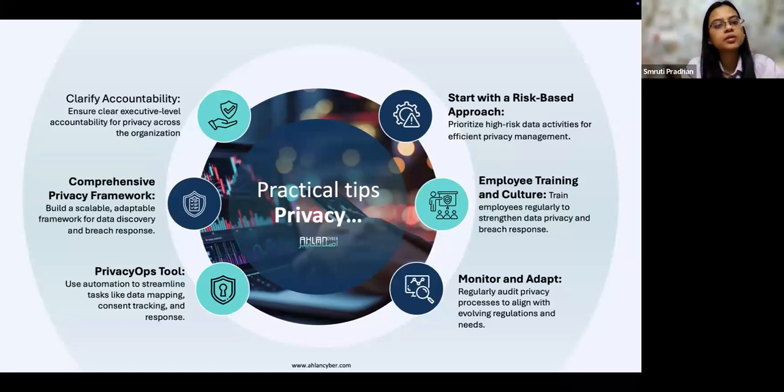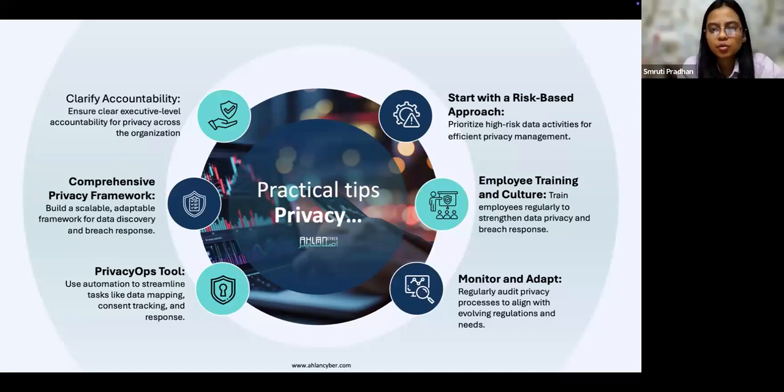When we talk about information security, typically we hear these terms as confidentiality, integrity, and availability. But when it comes to privacy, it becomes transparency, accountability, and linkability. So when we talk about the privacy framework, the framework covers key privacy principles of accountability, transparency, purpose limitation, data minimization, and storage limitation. These are the principles, and your framework will be built upon that. Build the policies and procedures, and then start operationalizing it.